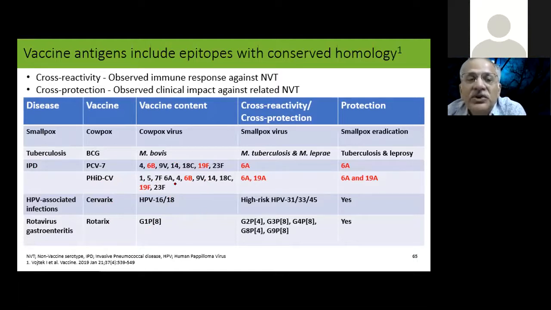But I just want to tell you that suppose you have a vaccine against cowpox and a vaccine against smallpox, and you want to eliminate smallpox, I'm sure you would use the smallpox vaccine rather than a cowpox vaccine. Since we did not have a smallpox vaccine, we used cowpox. For leprosy, we use BCG because there is no leprosy vaccine. But suppose we had a leprosy vaccine, we would probably use it for eliminating leprosy, not a BCG vaccine. So if you don't have direct protection, cross protection may help. But if you have direct protection, always prefer direct protection.